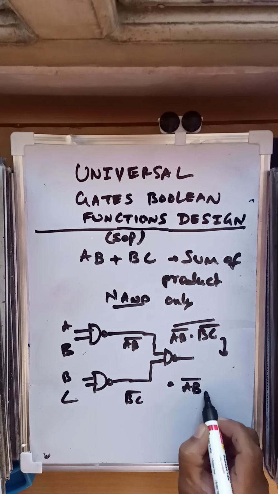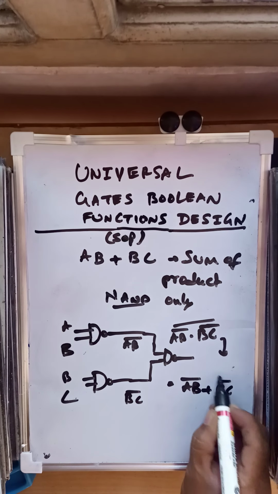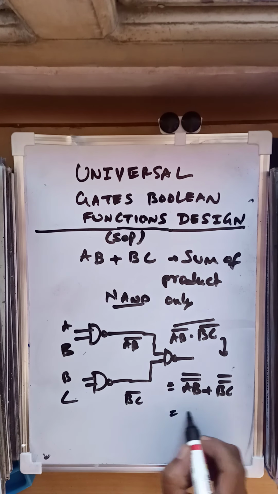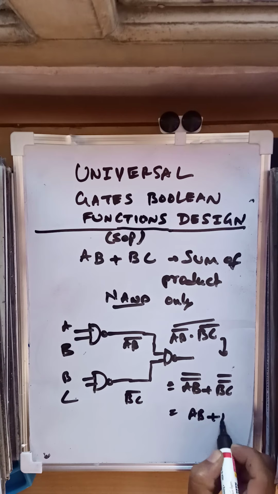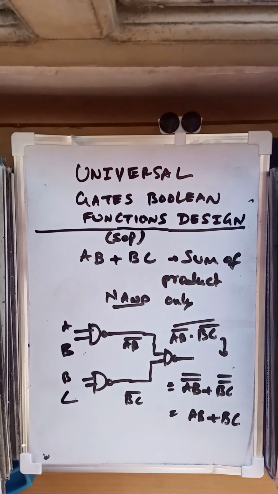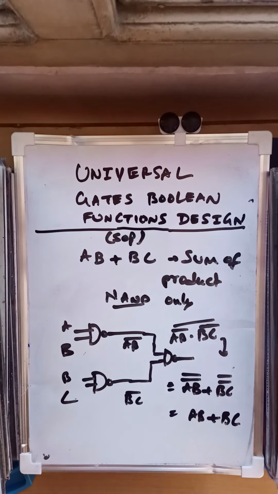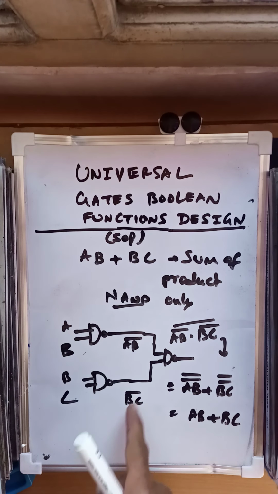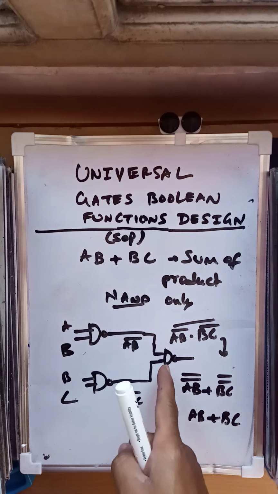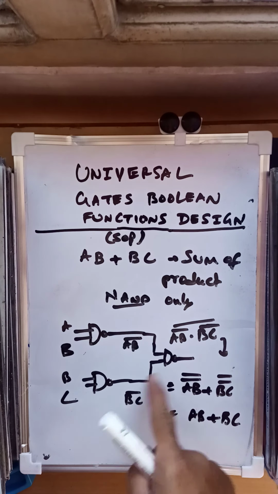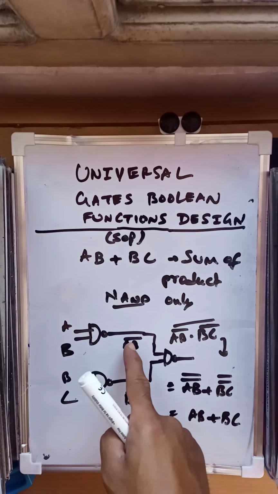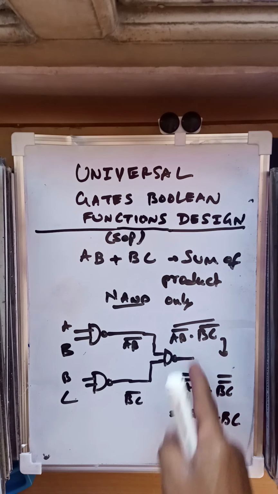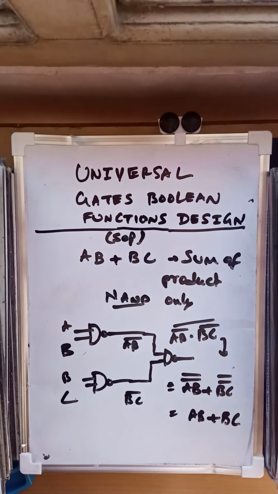De Morgan's law, plus, that means this bar becomes bar. So from this becomes AB and this becomes BC. So it's very clear here, AB becomes AB bar and BC becomes BC bar, and since it is a NAND gate, AB bar is one term, this is one term, this into this whole bar. So as per De Morgan's law, we can separate them into this, right?